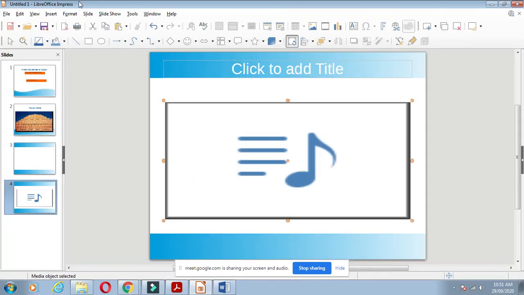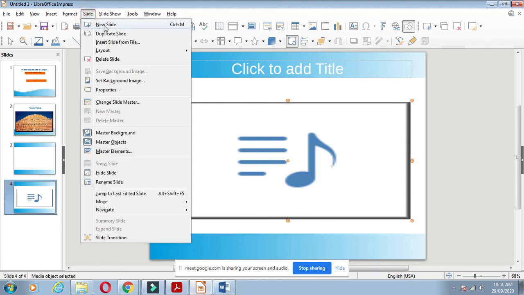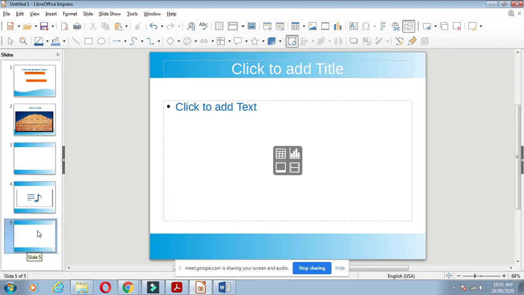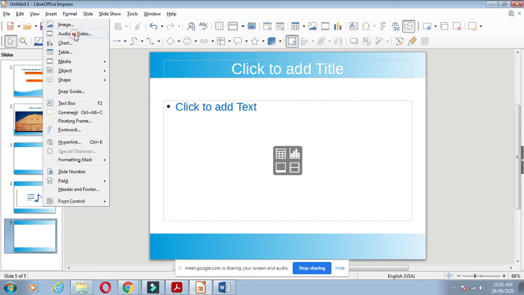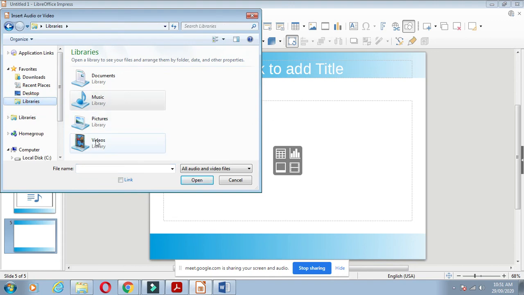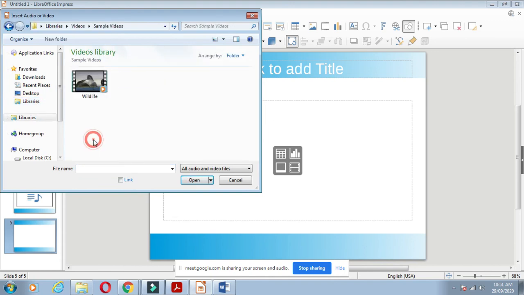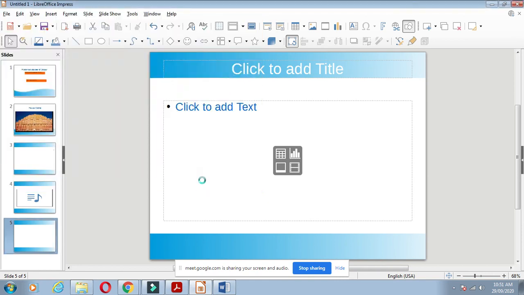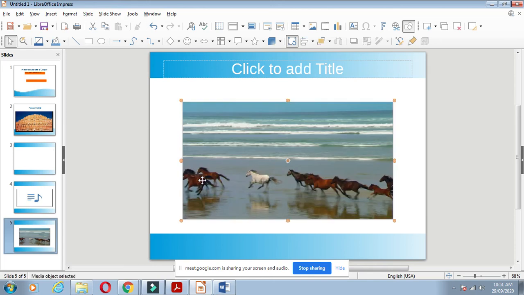Again, if you want to add another slide for the video, you can add it. Video. You choose any one video from your libraries and add the video. And your video is added to your slide.